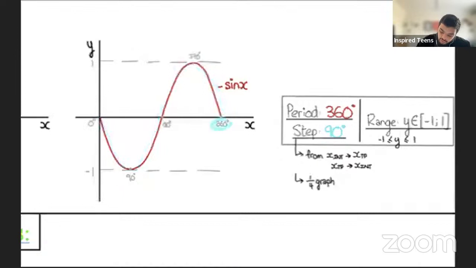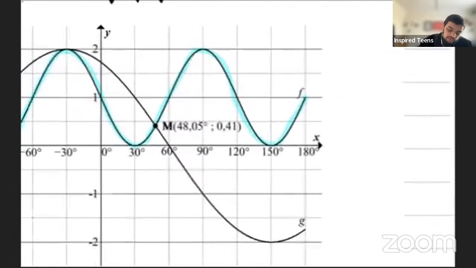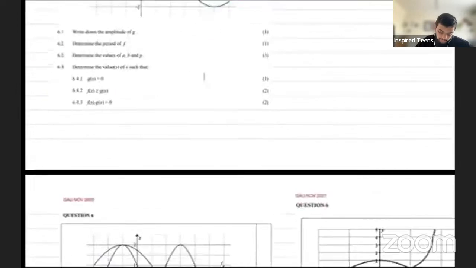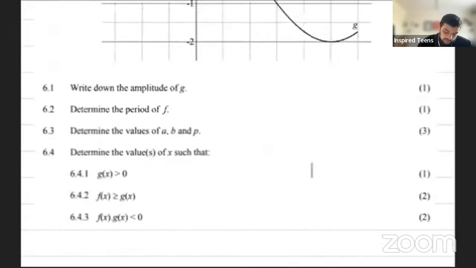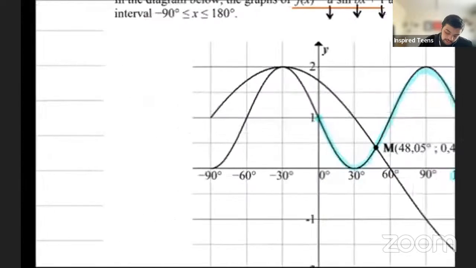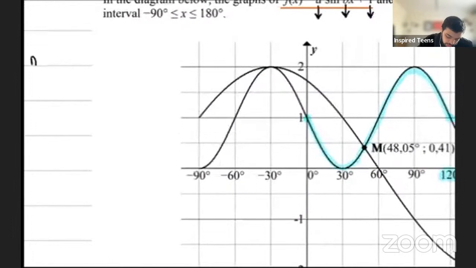So what does one full sine graph entail? We can start here and basically go turning point, intercept, and that ends our one complete wavelength. So we start at 0 and we end at 120. Since we end at 120, we know that our formula should be